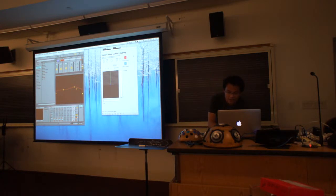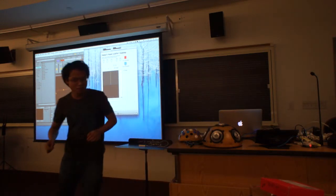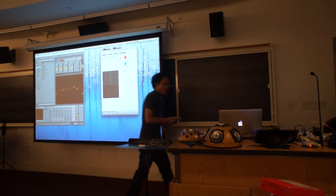So with that in mind, using the Leap is not the only way of interacting with music. You can also use bananas as an input device. And they're right here. Just got them off their feet. And the idea is